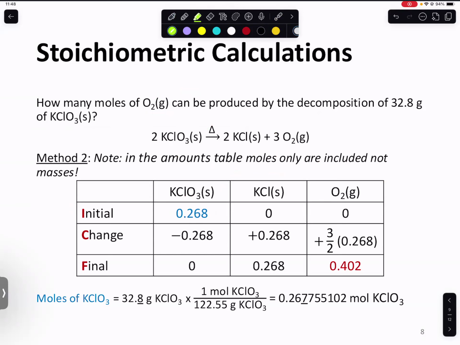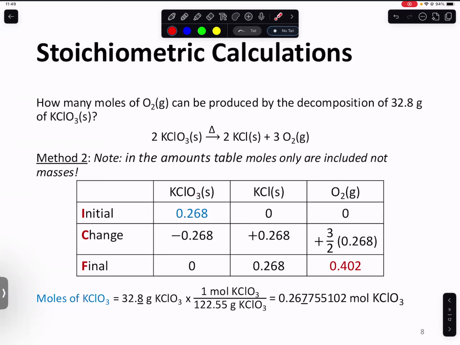And this one, you set up a table called the amount table, where on each row you are going to place the reactant and then the product over here. And on each row here to the very left, you're going to have the initial. The initial here represents the initial moles of each reactant or product. Of course, at the beginning of the reaction, since there are no products before the reaction starts, I only have the moles